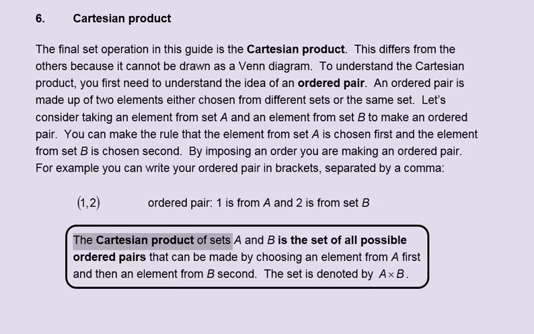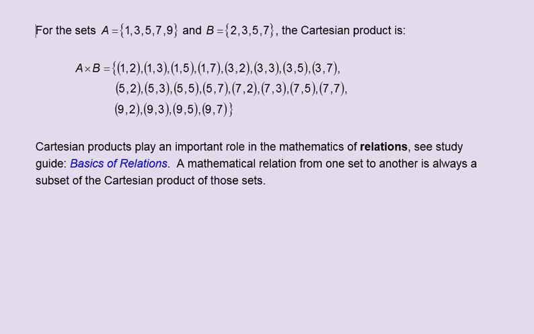The Cartesian product of sets A and B is the set of all possible ordered pairs that can be made by choosing an element from set A first and then an element from set B second. The set is denoted by A × B. For the sets A = {1, 3, 5, 7, 9} and B = {2, 3, 5, 7}, the Cartesian product